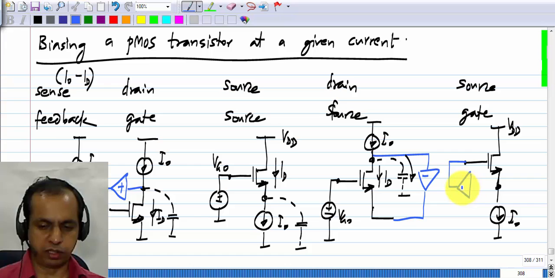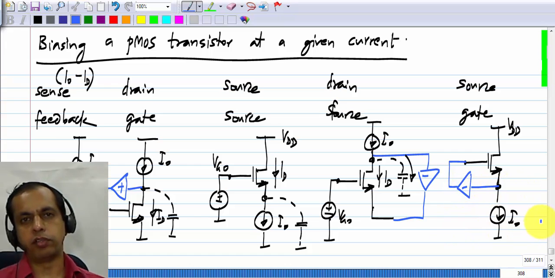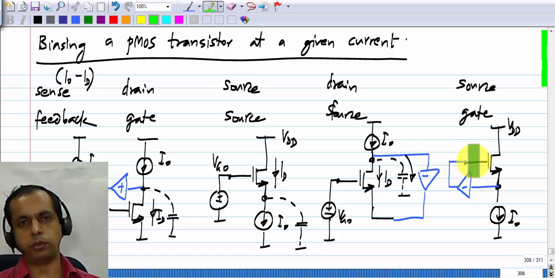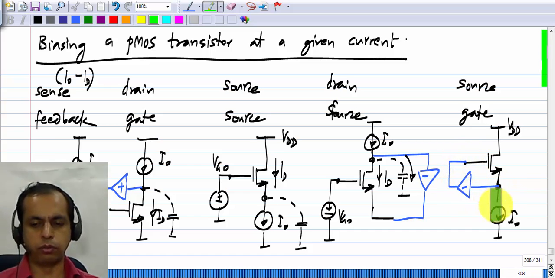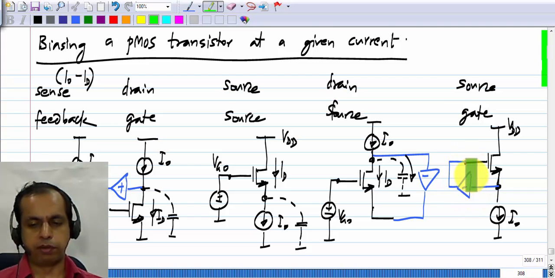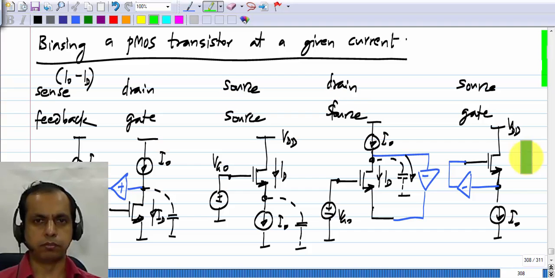completing the feedback through a negative incremental gain. Okay, this is because the sense of variation you need at the gate is opposite to what you have at the source. So in this case also I write feedback to the gate, there is feedback both to source and the gate, but if this amplifier has a reasonably high gain, then there is substantial feedback to the gate and a lot less feedback to the source. Okay,